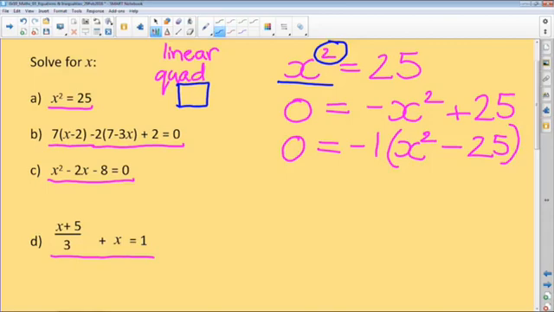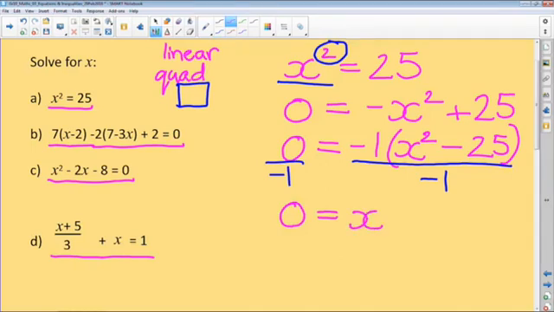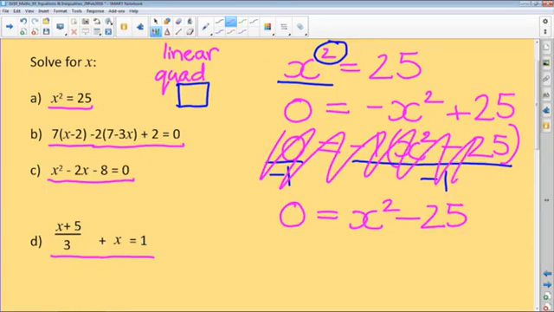I'm going to get rid of that -1 by dividing both sides by -1. Now generally you don't have to show that calculation, but because I'm a fantastic maths teacher, I've put it in there. But I've also put it in there in blue so that you know it's not essential. In fact, you could have actually skipped this step altogether and gone straight to this step, where I have x